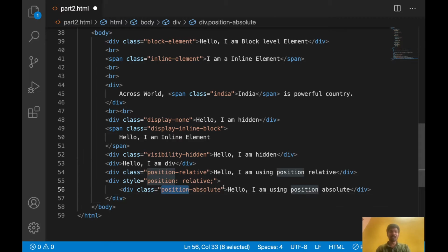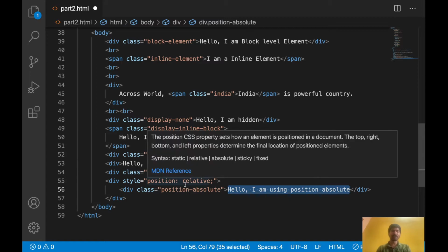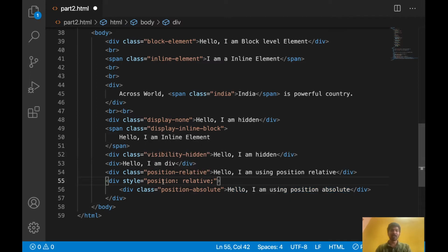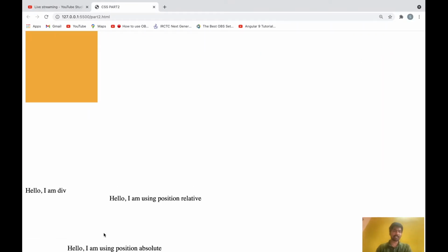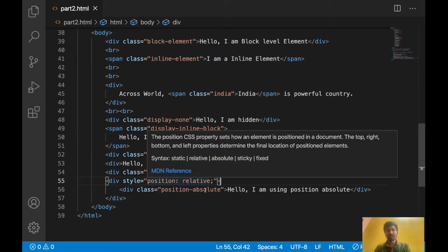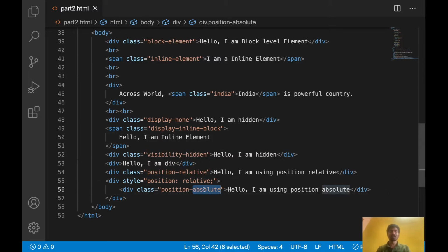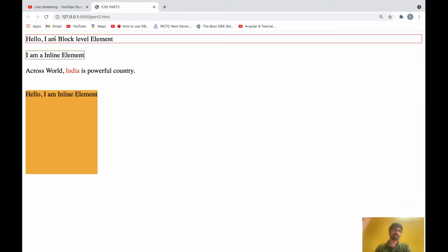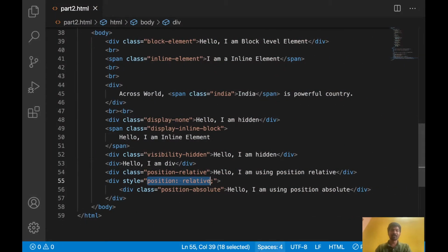Now this element will display from the position relative, from the parent position. If the parent position is relative, then this absolute element will take that position. See now it is displaying here. So whatever is based on the parent position, this absolute element will take the position. If the parent element doesn't have any position relative, it will take from the window, means from here. Okay, so that is about absolute.